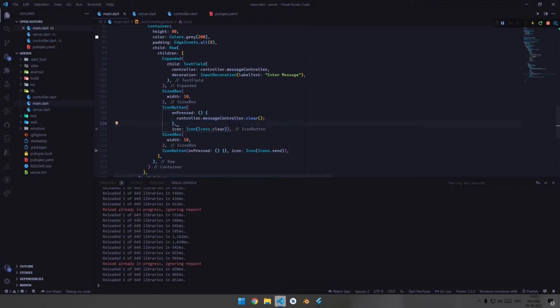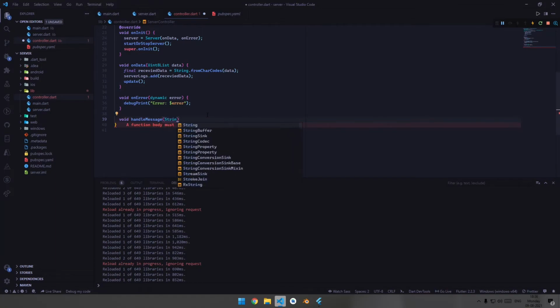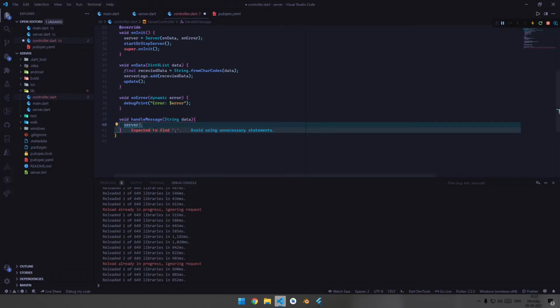Now after this, when I hit on send, we need to send to the client, right? So for that, let's start writing the code. When we hit on the send button, we need to send to all the clients. For that, let's declare a function handleMessage, and let's get the data as data. Now for this, you need to